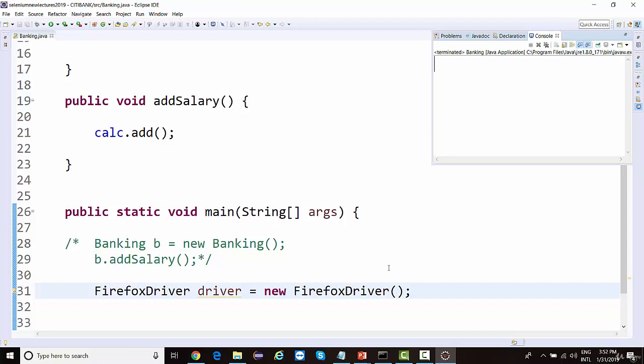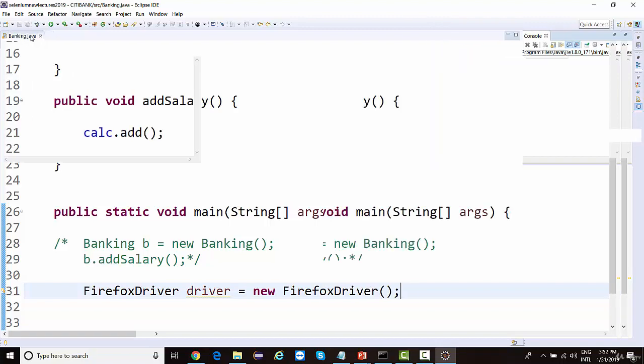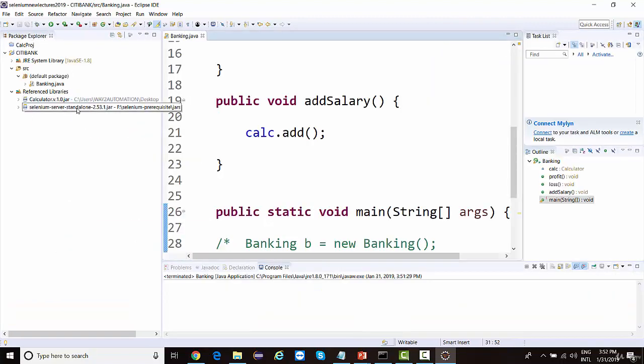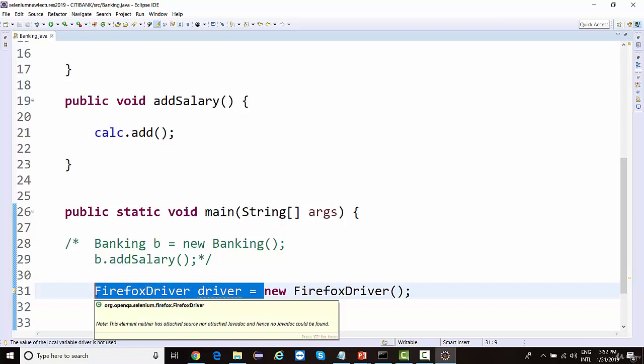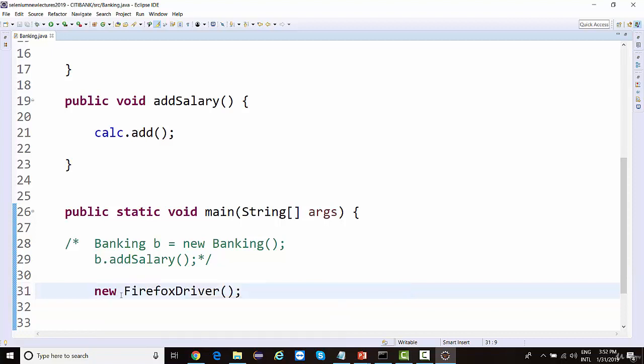The code for launching a browser must be inside this jar file. Now, where inside this jar file? Inside the Firefox driver class. And where inside the Firefox driver class? Inside some method? We haven't called any method. It is inside the constructor. So even if you don't call anything, as soon as you create an object of a class, the very first thing that is called is the constructor. If you click on run, by default the constructor will be called.